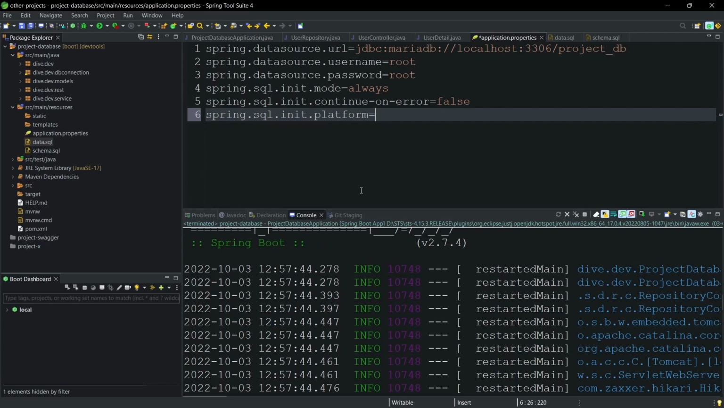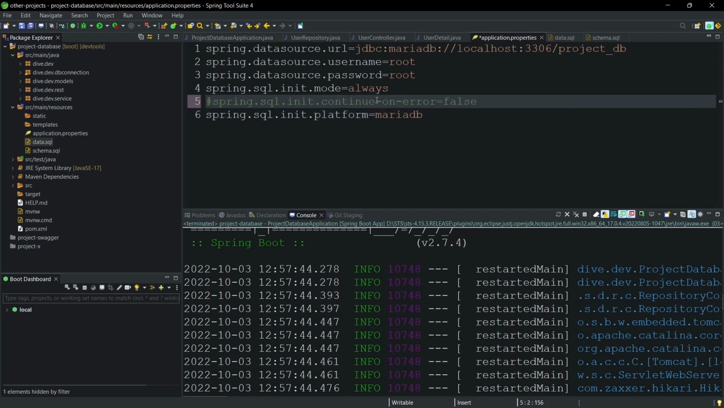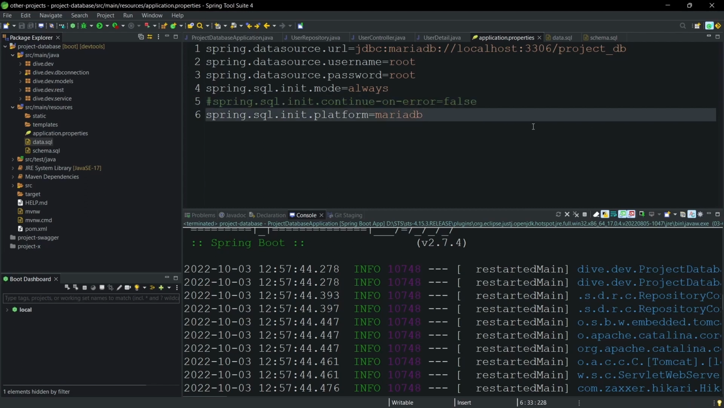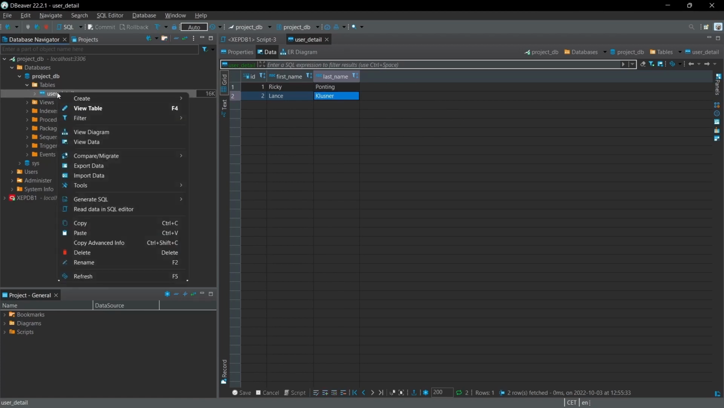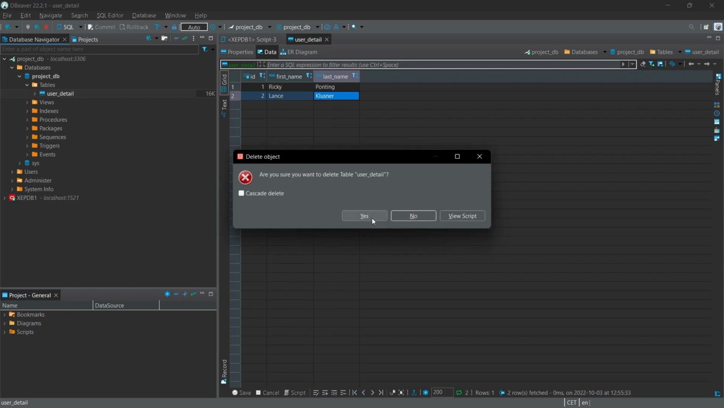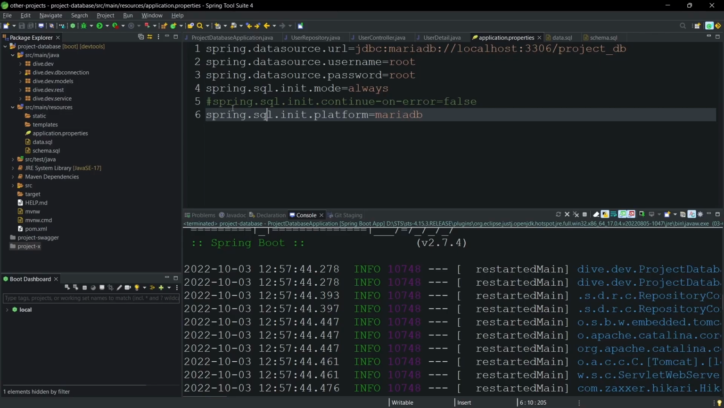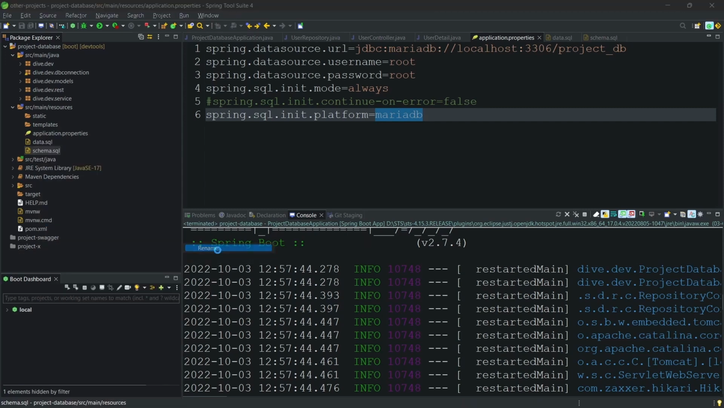spring.sql.init.platform. For this, I'll set mariadb, and I'll comment this out so that by default it will give me the errors. Let me also drop the table. If we add this property, we need to add the platform name to the SQL files. Let me add them. Copy, refactor, rename,